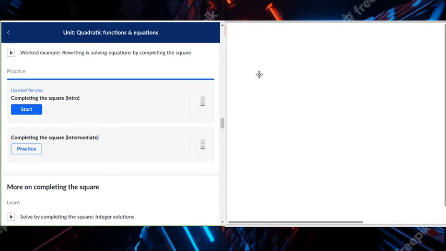But before we start, when we complete the square to solve a quadratic equation, we need to have it in the form that looks like this, and then we're going to find some constant to add to both sides. And how we find that constant is,